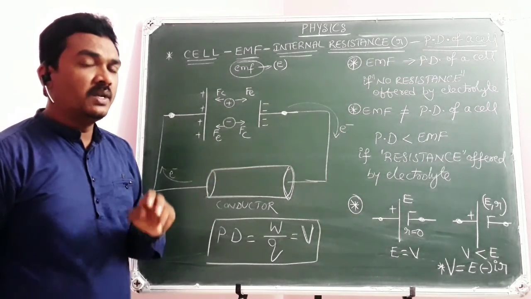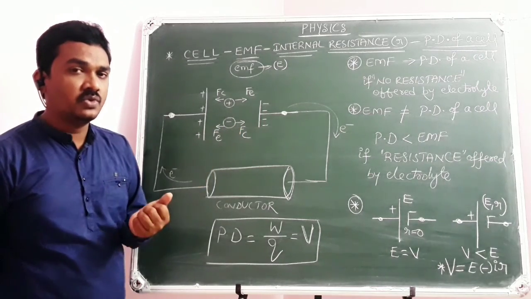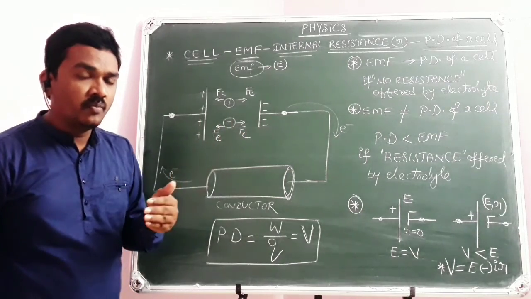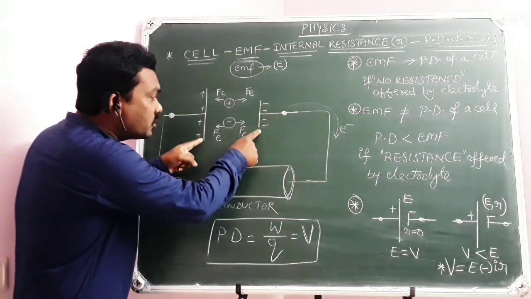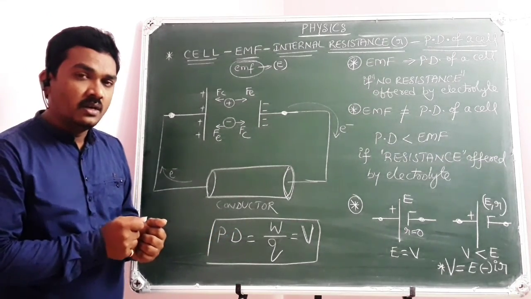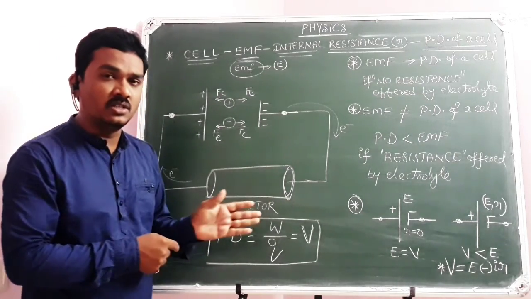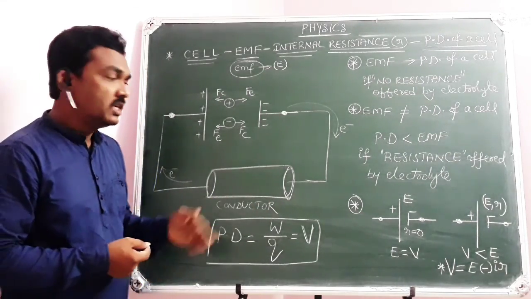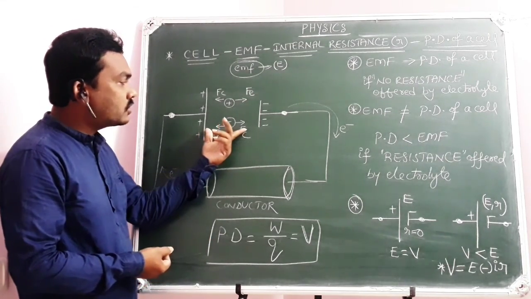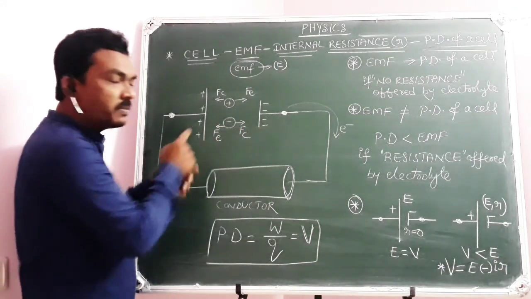But earlier to that, please try to note down whatever internal resistance is offered by the cell. Please try to note down on listening to me. The internal resistance offered by the cell depends on the distance between the two plates. You know, the resistance of a conductor depends on the length of the conductor, because as they need to travel greater distance, there is a possibility for more number of collisions, it can offer more resistance. Similarly, here the internal resistance offered by the electrolyte will change according to the distance between the plates.